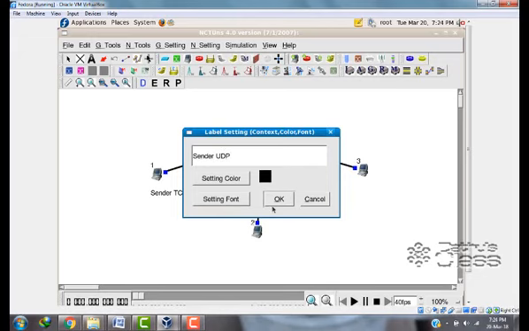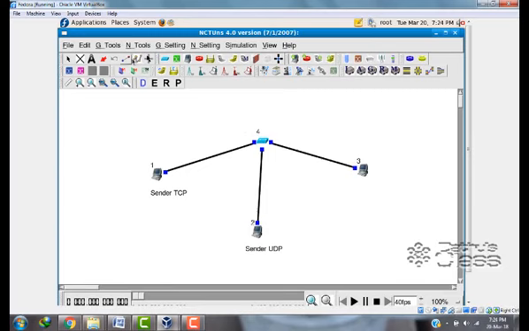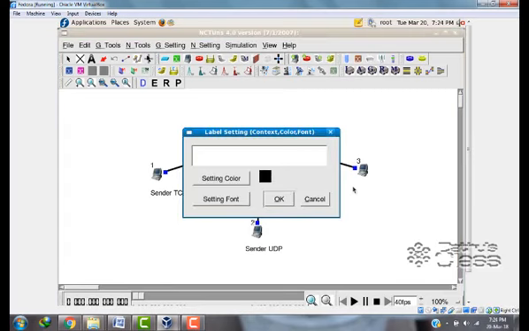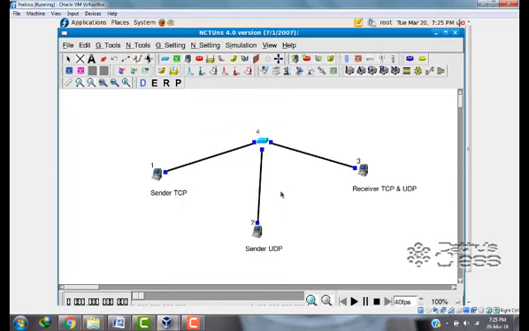Now the receiver should be capable of receiving both TCP and UDP, so we need to implement both TCP and UDP protocol in the receiver. So this is about the design phase, and now we need to save this topology.